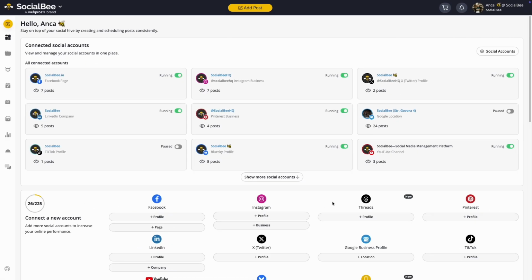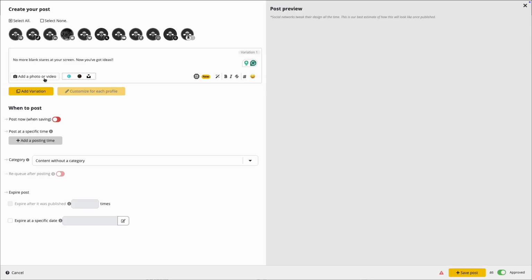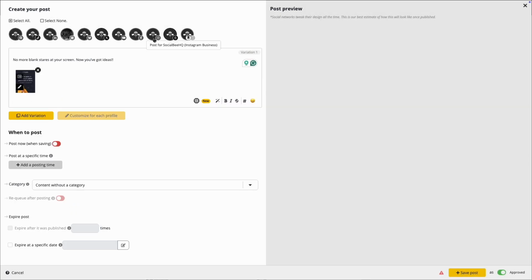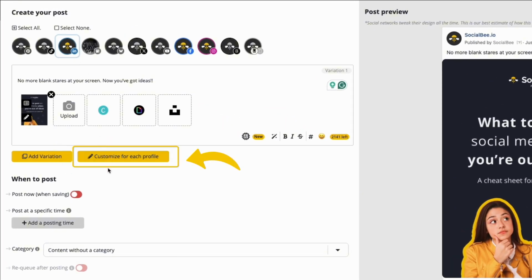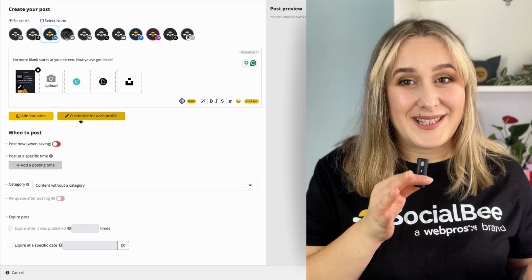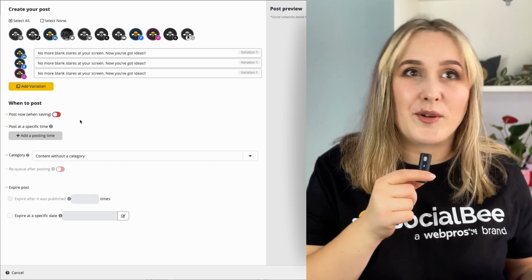So here's how it works. Start by creating your post in the SocialBee post editor just like you normally would. Select the social profiles where you want to publish your post, and then click on Customize for each profile. This step is key because it unlocks the option to add a first comment on the platforms where this is